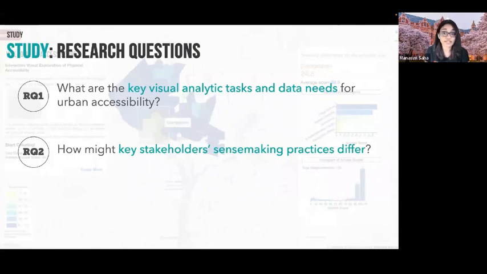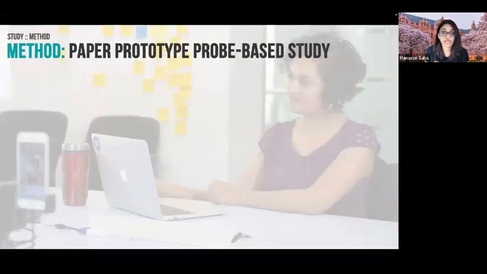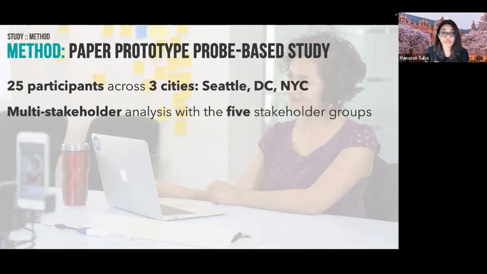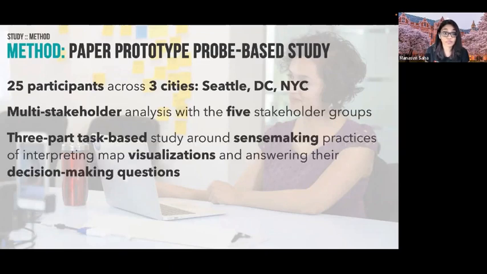To do this, we ask 2 primary questions. What are the key visual analytic tasks and data needs for urban accessibility? And how might key stakeholders' sense-making practices differ? We recruited 25 participants across 3 cities, Seattle, DC, and New York City, and 5 stakeholder groups to do a multi-stakeholder analysis via a 3-part probe-based interview study to understand their sense-making practices, needs, and approaches to answer their decision-making